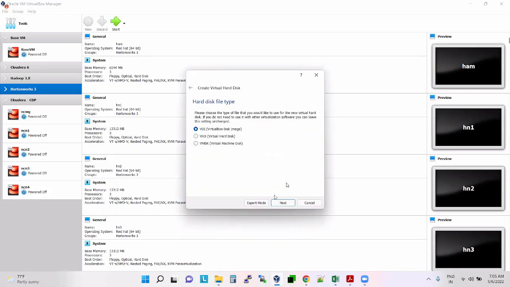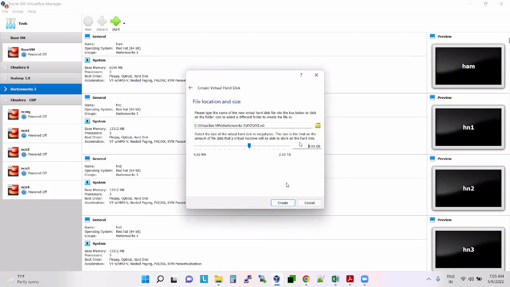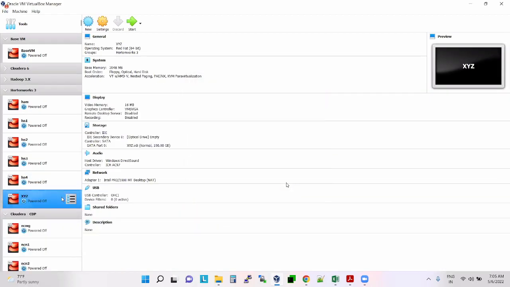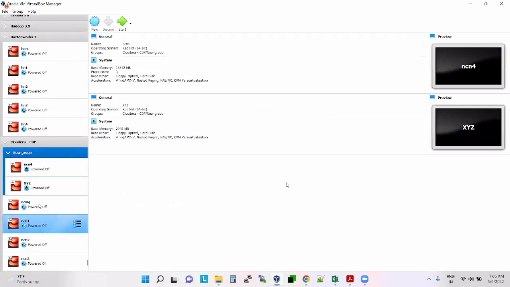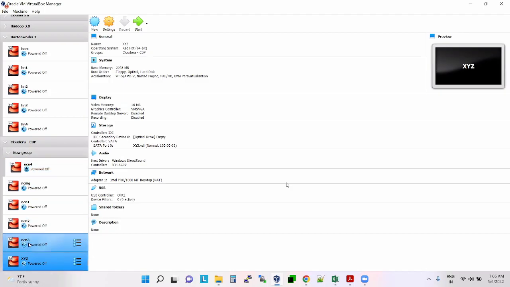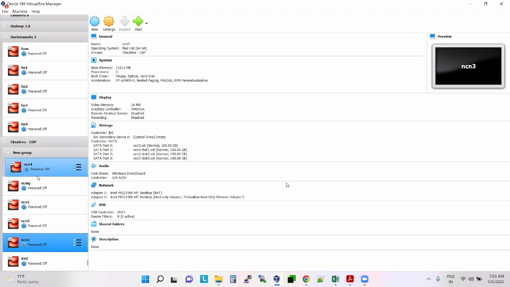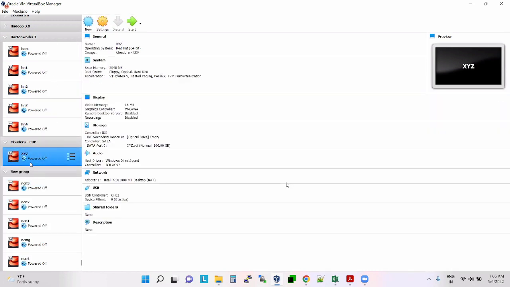Create. VDI, dynamically allocated, this is 100 GB. Create. Now you see there is something created here.